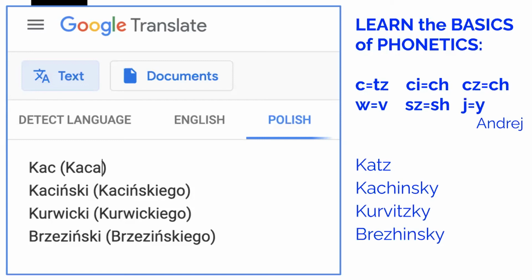But if you figure out beforehand that the letter C is how we would write in America TZ, so someone who in America is Mr. Katz, if that name is written phonetically in Poland, it could be written with a C, K-A-C. And you can see in the examples on either side of the slide could be different enough that I've seen researchers miss relevant names because they were working with our